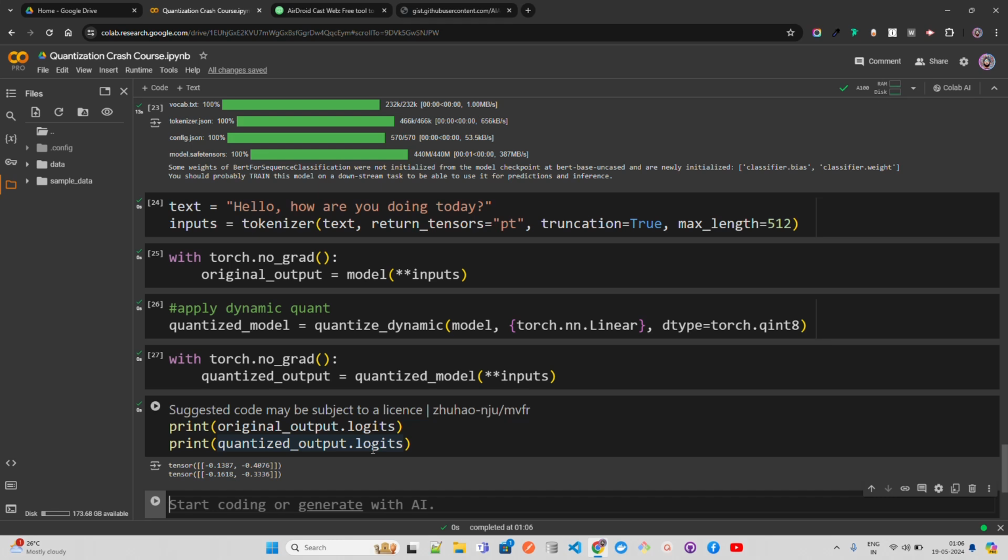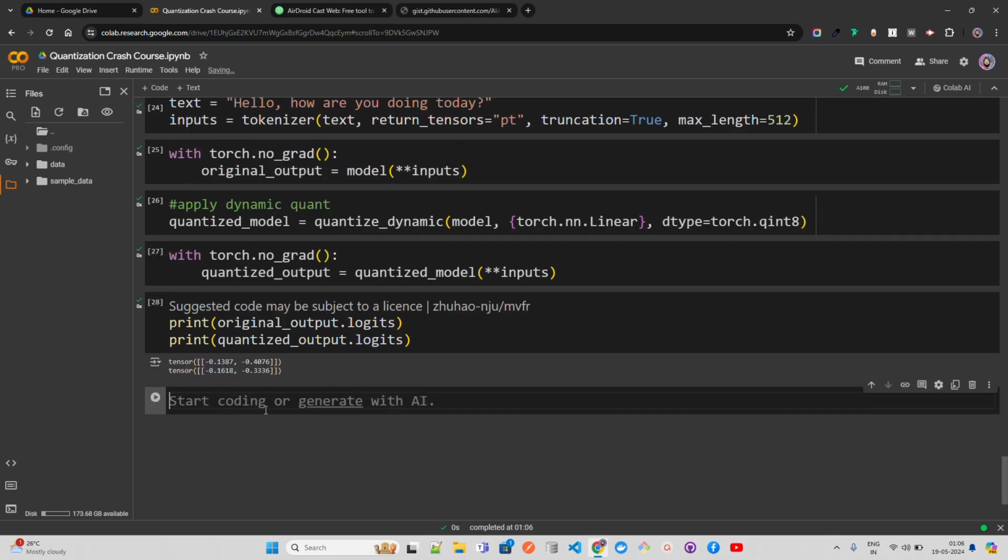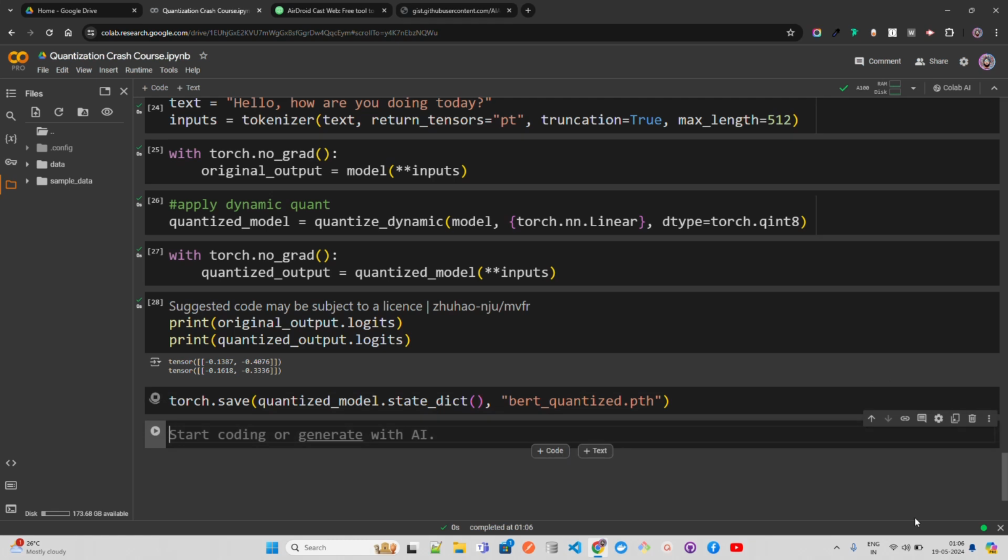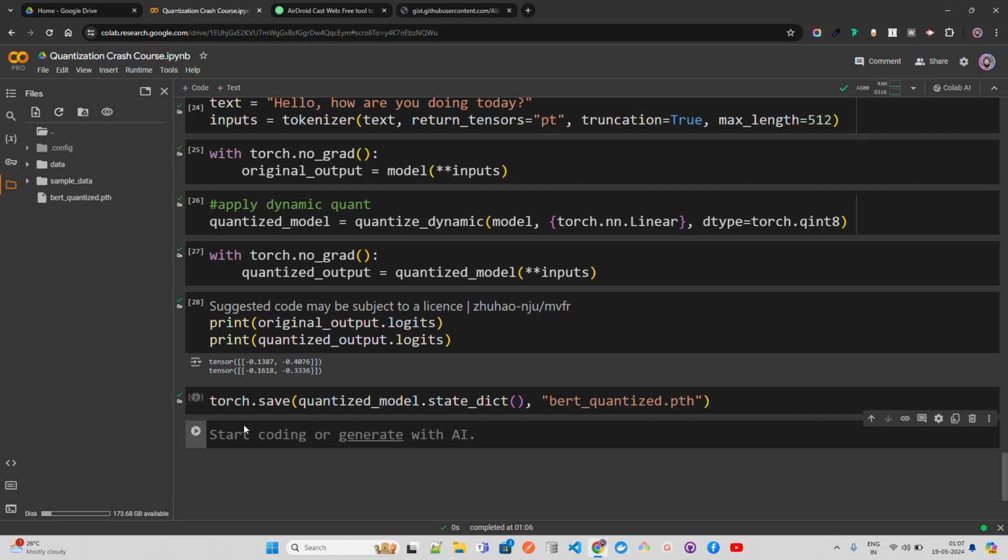Now you can see how you can save this quantized model. This is a very simple one for transformer based. So this is how you can use torch.save. So let's use torch.save, and you're gonna pass the quantized model.state_dict, and then a file name with .pth. This is fine. If you refresh this, you will have something over here. You can see that you have saved something, which is bert_quantize.pth. You can also use safetensors to do that if you want.